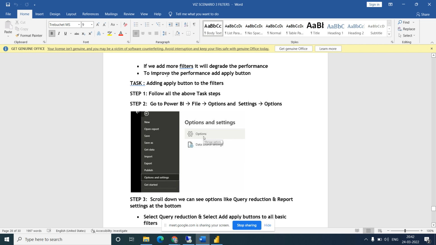If you want to apply the button to the filter, there are some steps you have to follow. You need to go to Power BI. Apply option means what?